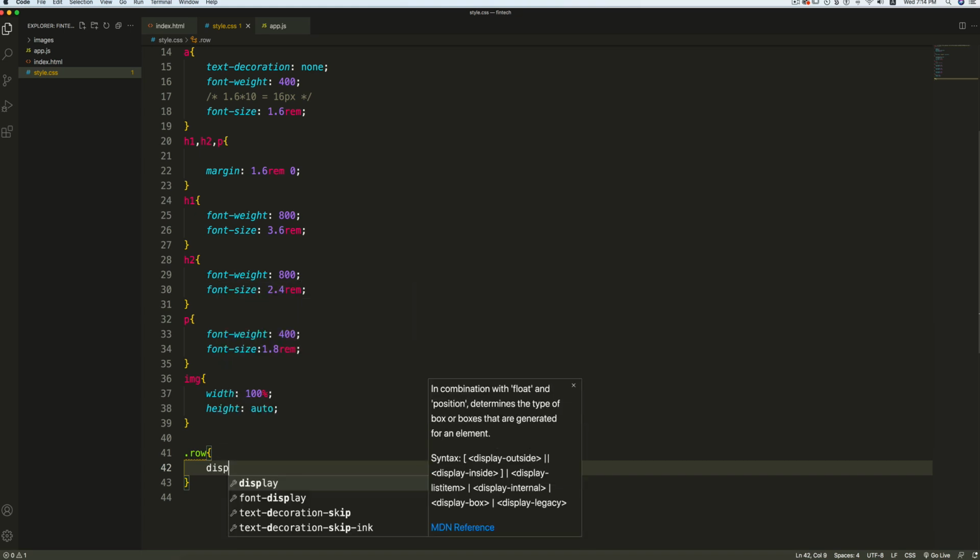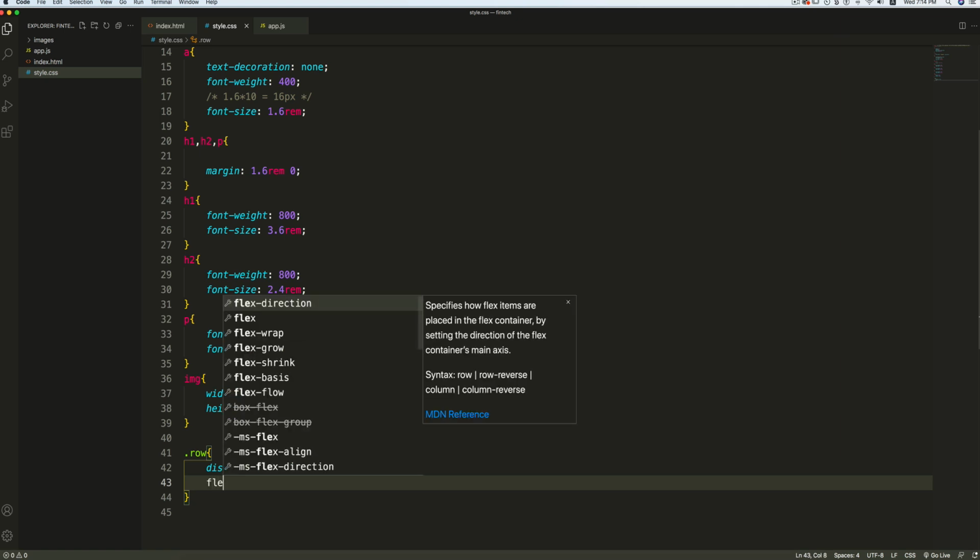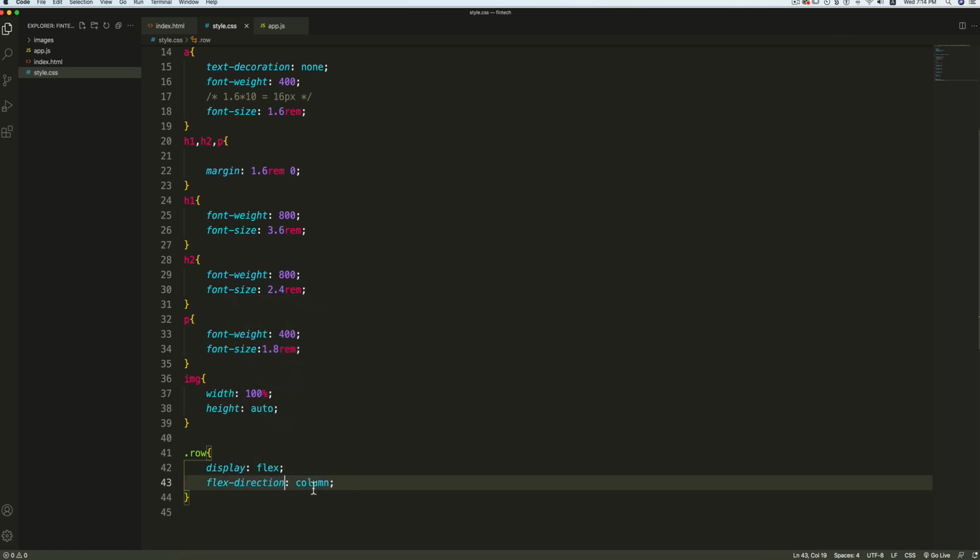So you'll first set display flex. So whatever the child that this row contains will be aligned in a row. The default behavior of flex is that all the elements will be aligned in a row. You can change the direction if you set flex direction to column. So we are going to use this property to make a website responsive. So when the website is in a desktop version, the content will be stacked in a horizontal way, and when the page is seen in a tablet or a mobile, I'm going to change the flex direction to this column so that all the content is arranged vertically. So this is a very neat trick.